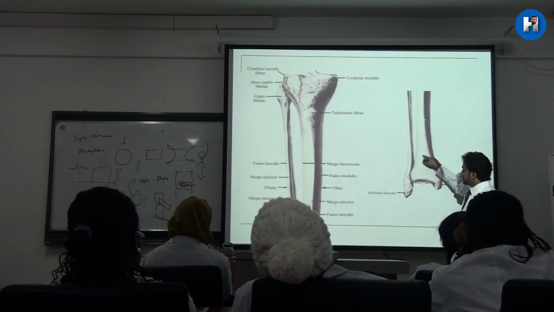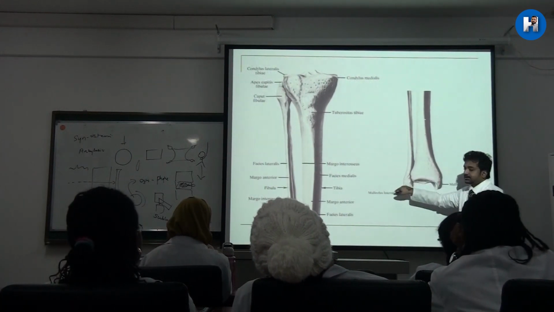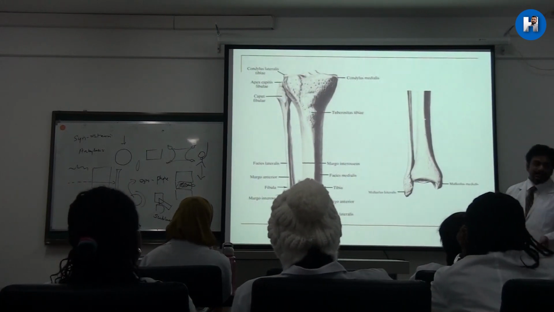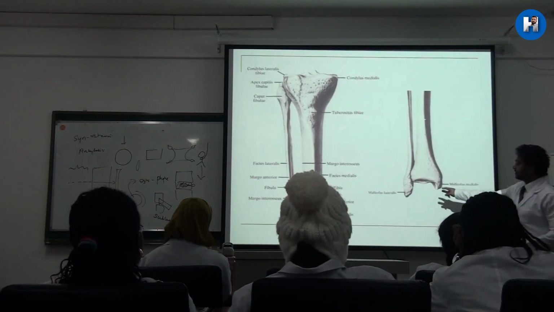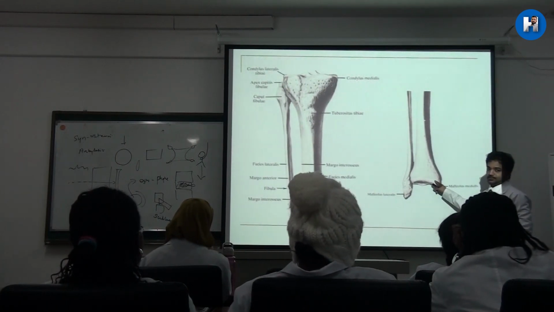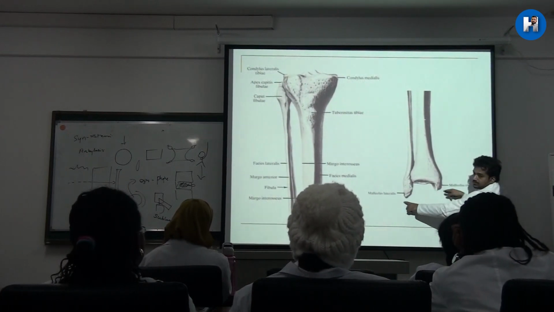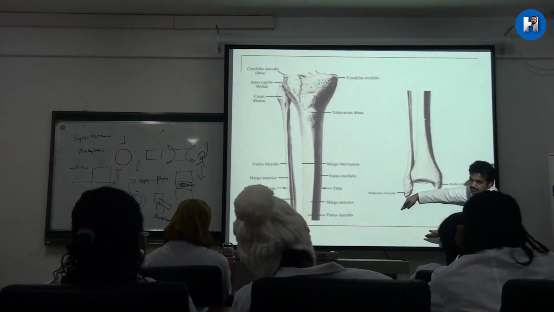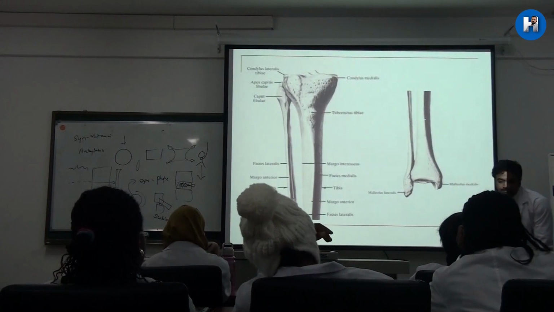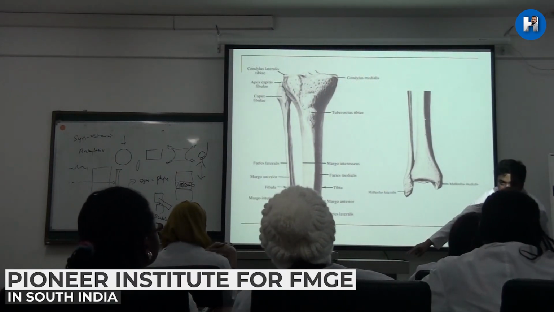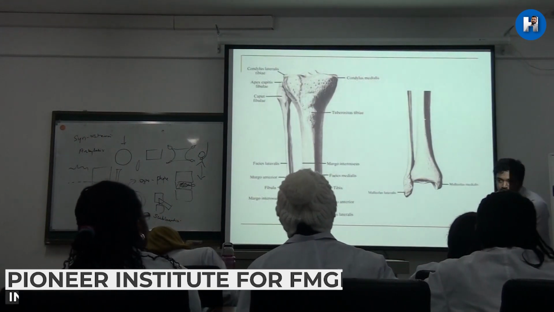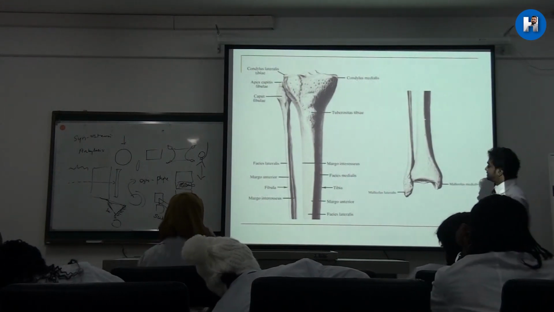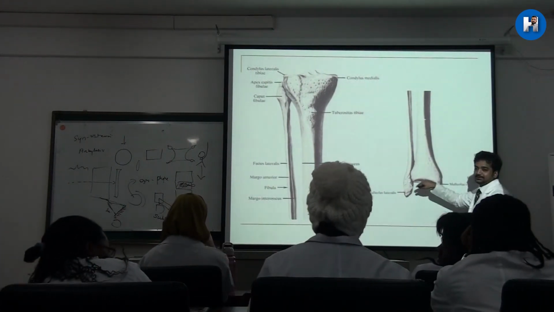The bulging on the lateral side is not produced by tibia. It will be produced by what? Fibula. So the lateral malleolus will be produced by the lower part of fibula, not tibia. The tip of the lateral malleolus will always be below the medial malleolus. Both of them can be palpated. This is medial malleolus and this is lateral malleolus, and you see the border, and the lateral malleolus will always be lower than the medial malleolus.